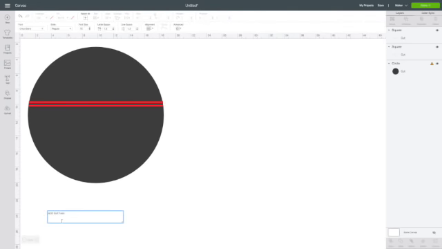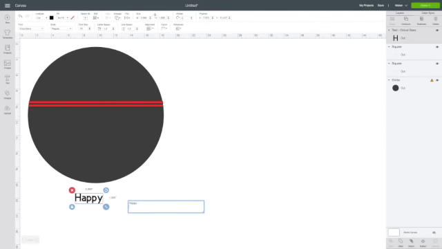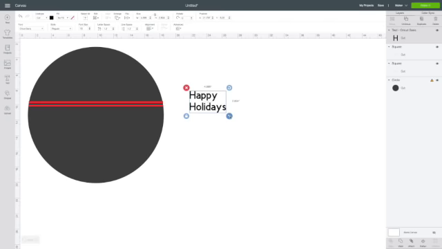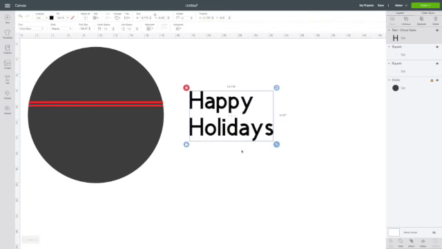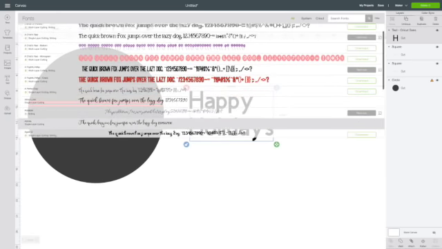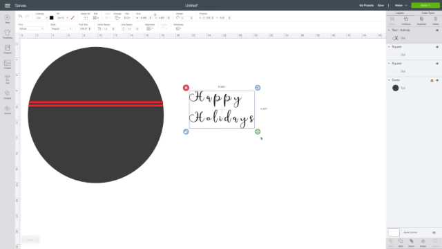Now I'm going to come to text. We'll type in happy holidays. And I don't know if that has an apostrophe. You guys know I suck at apostrophes. Okay, so let's make that a little bigger. And let's go over to the fonts, and I will do a different one. We'll do, I believe I pick Addenda,